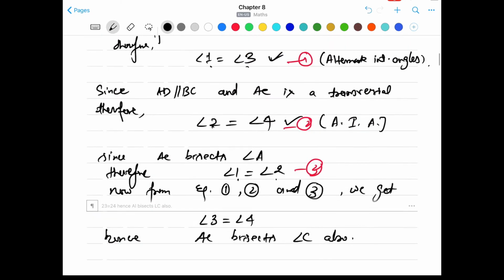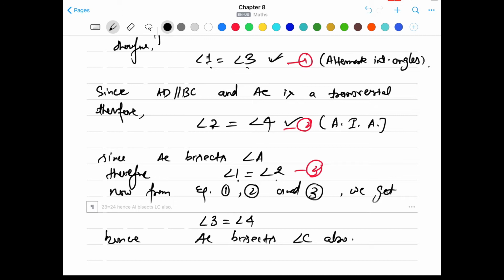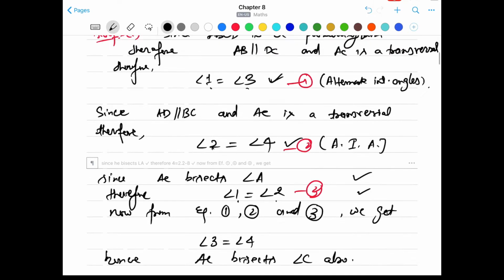and 2 is equal to 4, again they are alternate interior angles, and it's given in the question that angle A is bisected by AC, so angle 1 and 2 will be equal. And from equations 1, 2, 3 we get that angle 3 will also be equal to angle 4. Okay, so 1 is equal to 2, 2 is equal to 4 and 1 is equal to 3, so